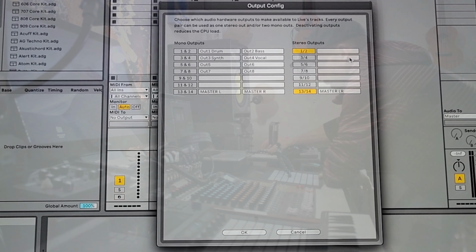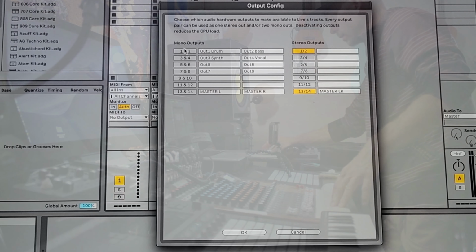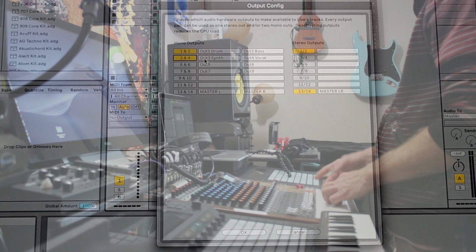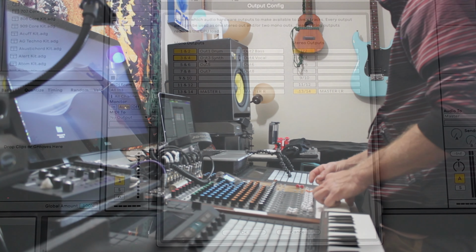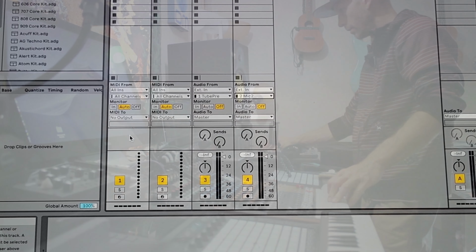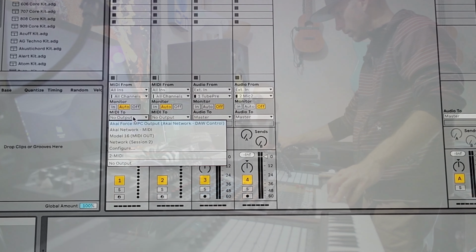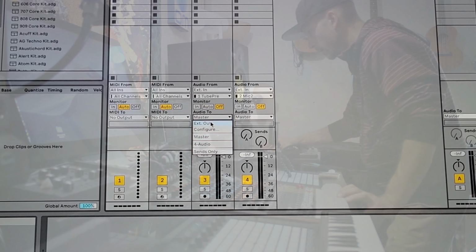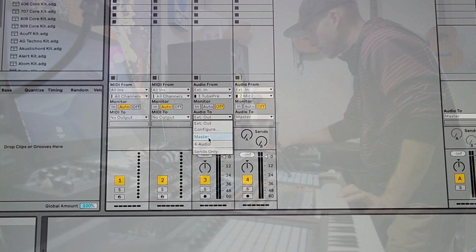But for now, we'll go back out, and the outputs is what we want to look at real quick. So if I was to do mono outputs and mix with the mixer to do a recording in the Tascam Model 16, for instance, I could send mono 1 and 2, 3 and 4, and then on my routing here, I would choose the routings back here for output. Oh, that's MIDI. Audio to external out, and then you can send it to specific places. So we'll go back to master there,